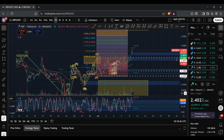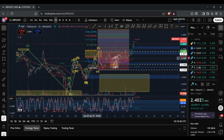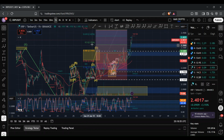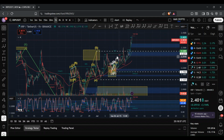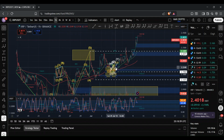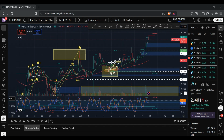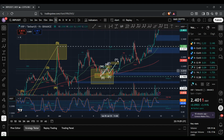And if I zoom in, given the fact that this move here was also made up of 5 waves, that means that this recent move to the upside will also need to be made up of 5 waves. And if that's the case, then it looks like what I ended up tracking over here, where I was looking out for another push to the downside before we saw that push to the upside, instead we ended up seeing that continuation to the upside. And so it's possible that this WXY structure will be invalid. And so if I remove this for now,